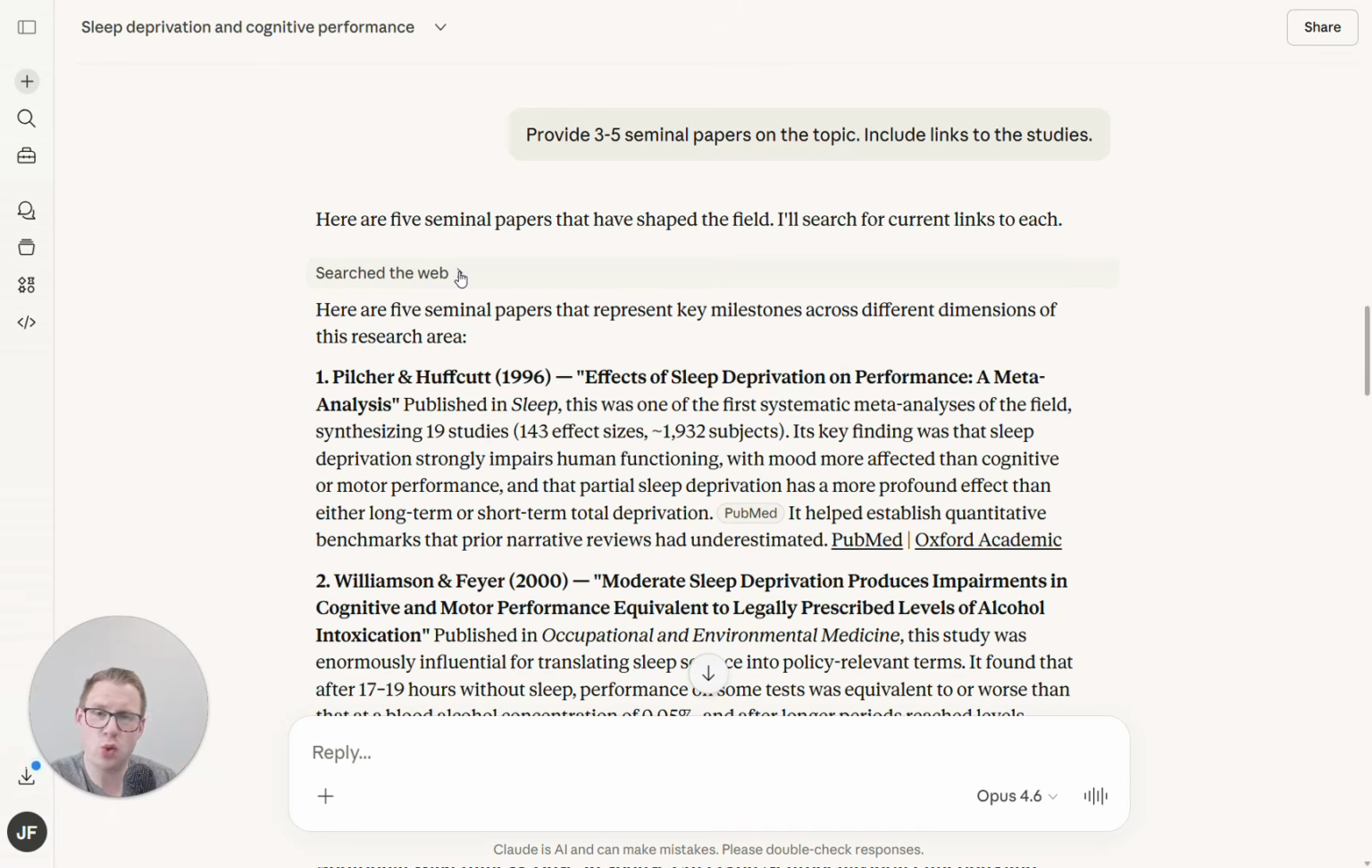Even when you get into, say, 20 or 30 papers, these models do pretty well. But what is most reliable, and I think the best use case here when it comes to sourcing papers, is: give me 3 to 5 seminal papers on my topic. Include links to those studies. You want to include links so that you can quickly check and make sure that these are real citations. They should be. Again, I've used this prompt enough to know these are going to be pretty darn accurate, but